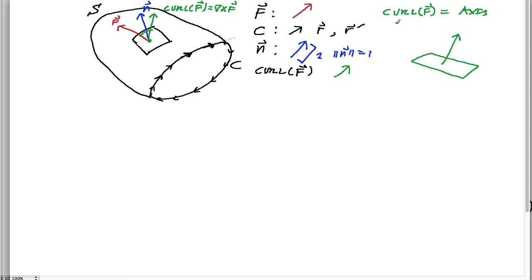It's an axis where the circulation of F, the original vector field, is maximal. It's like the maximal swirl around this. So we think of this as swirling around like such. Okay. So in general, though, our patch of surface may not be on the same exact